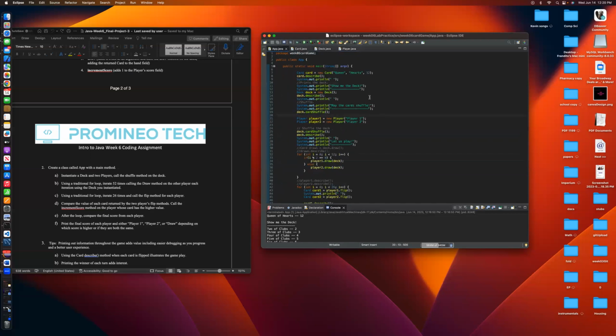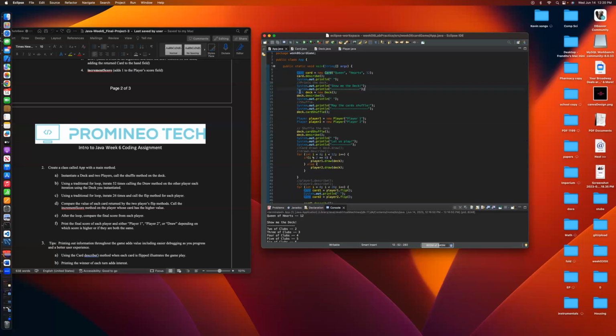And now going to the main class with the main method. So this is basically what I've done. So this is instantiate a new card. I give it a string Queen, string Hearts,